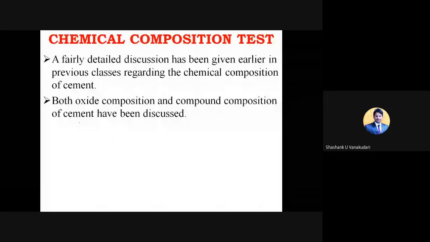Okay, and then the chemical compositions, of course we have discussed this many times. Soon after starting the class, we showed you the total percentage of the cement components like calcium oxide, SiO2, Fe2O3, Al2O3, MgO, right? That table we need to check by taking the cement sample, both oxide compositions and compound compositions. It has been discussed how exactly it should be, and ultimately it is going to provide CSH gel along with calcium hydroxide.